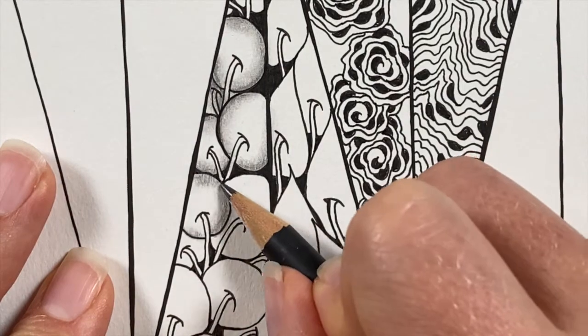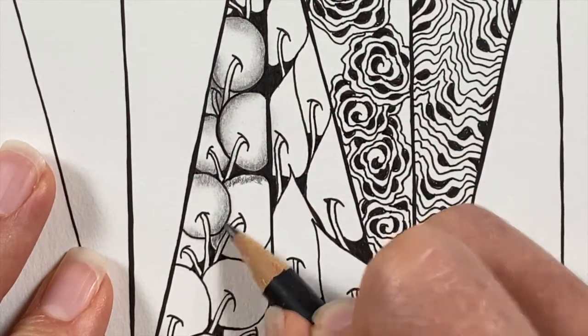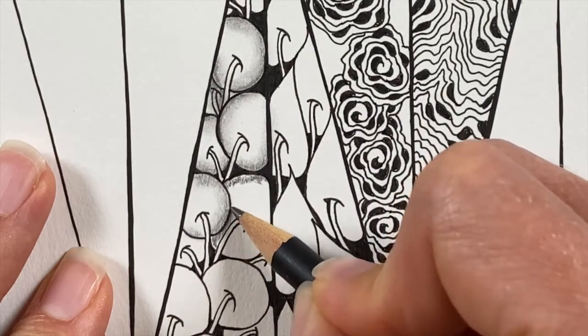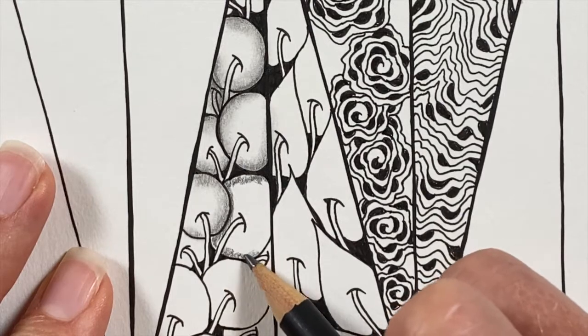And I sometimes almost spend more time shading my work than I do. Sometimes? I know. She's so shady. Ha! Shady, crazy,